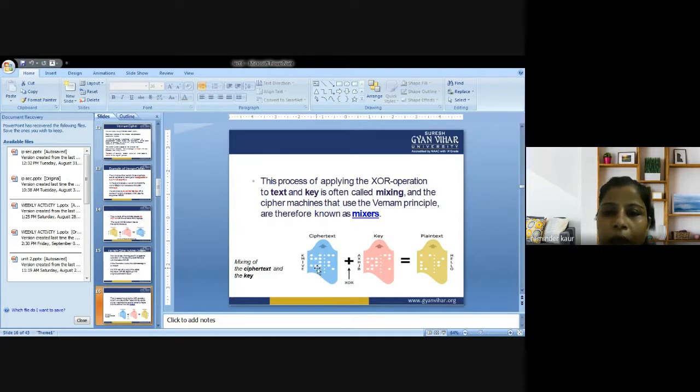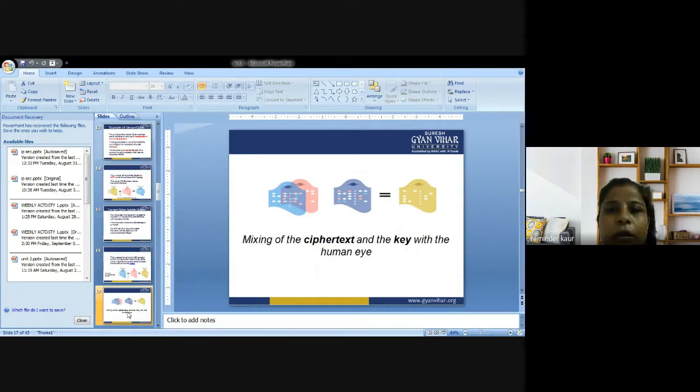This is the principle that we are going to follow when we are dealing with the decryption process. It is just the opposite of the encryption. So this was about mixing of the ciphertext and the key, so that we will be generating the plain text again. This was the practical procedure of converting the plain text into ciphertext and the ciphertext into the plain text again. That is called decryption.